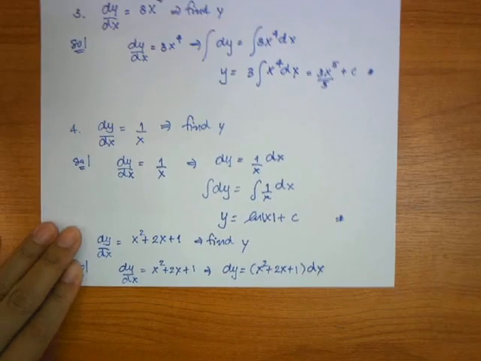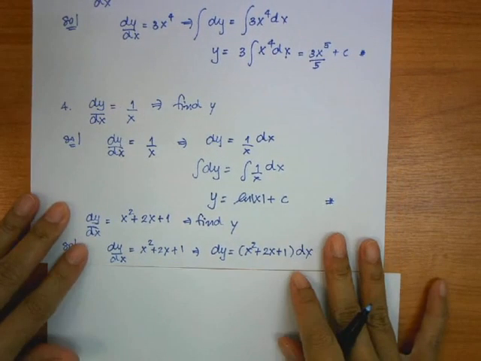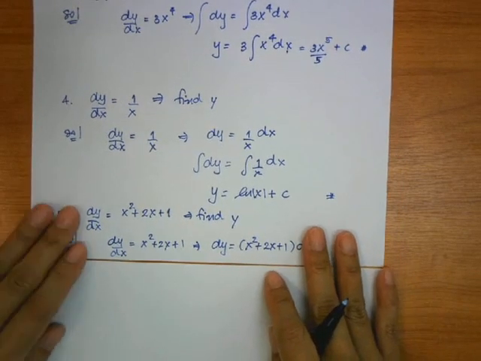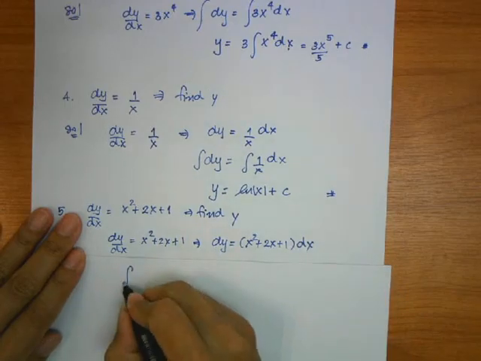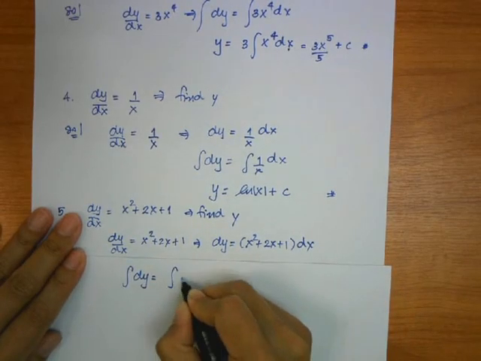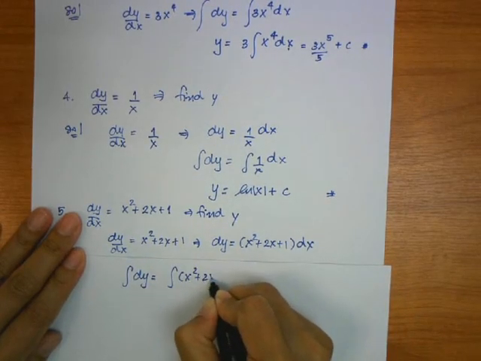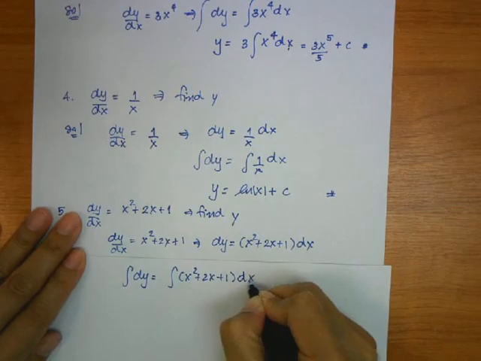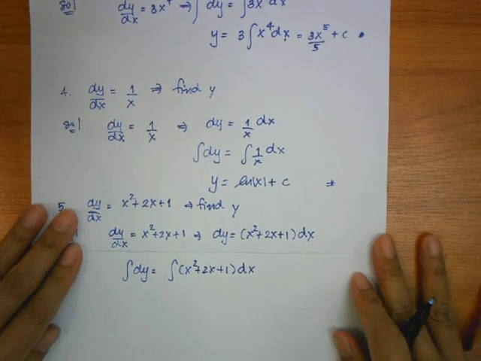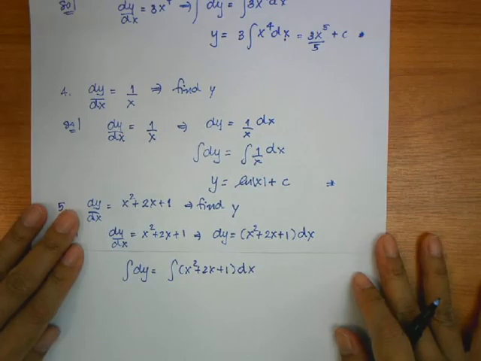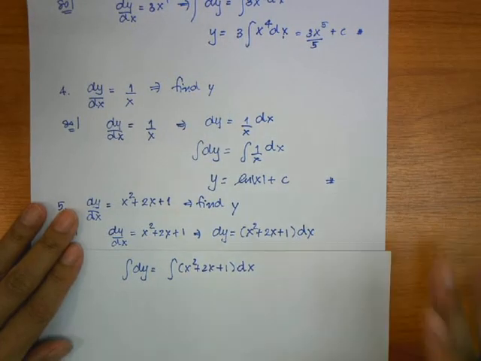What do we do? Okay, we put the integral on both sides. Right, and then we are using the distribution property, and also for the constant you can pull it out of the integral sign. So you would get